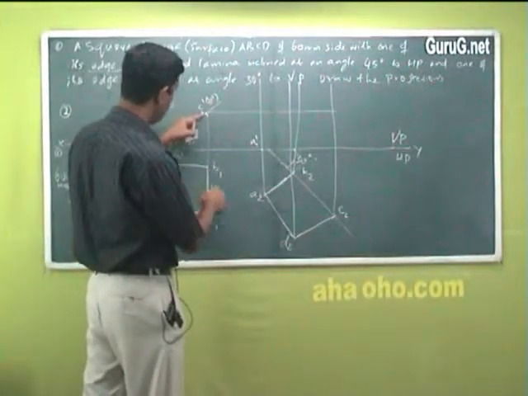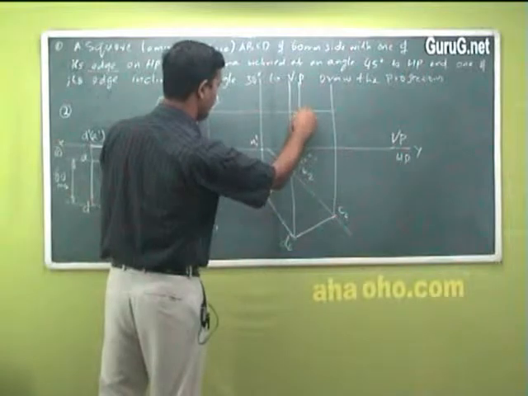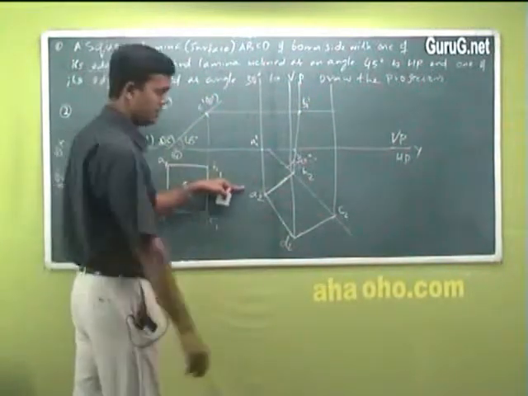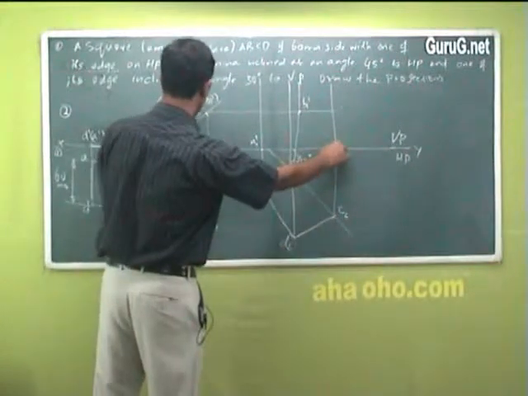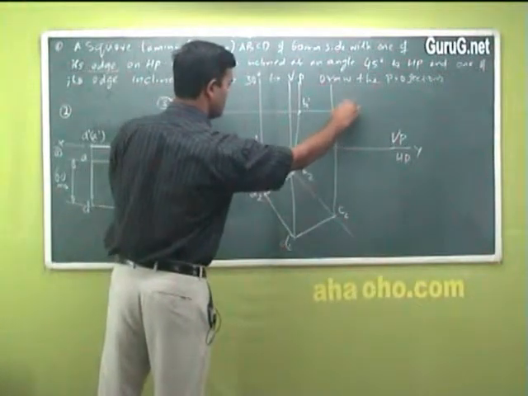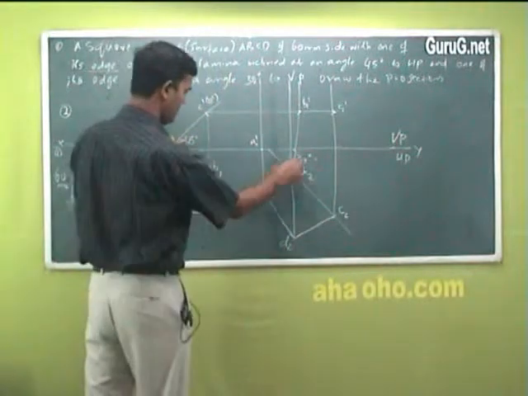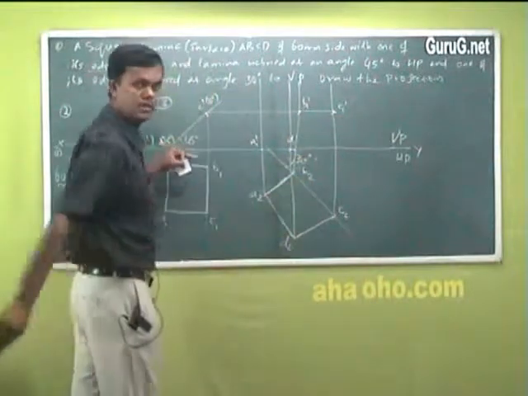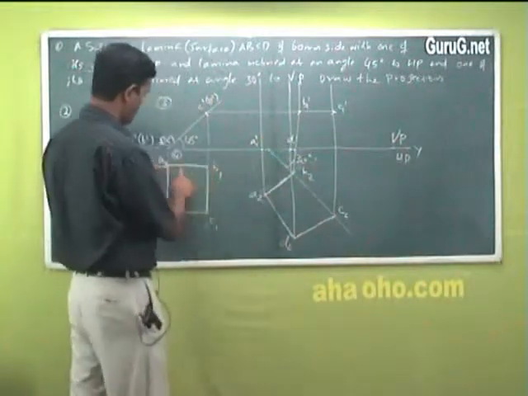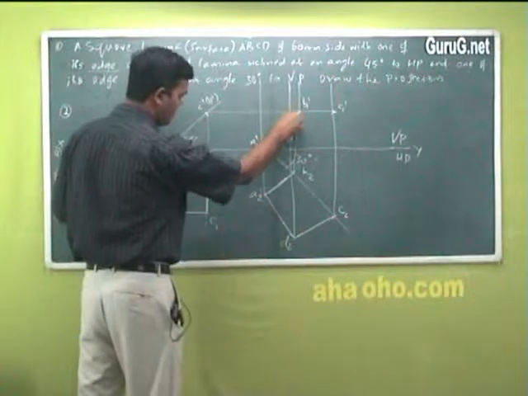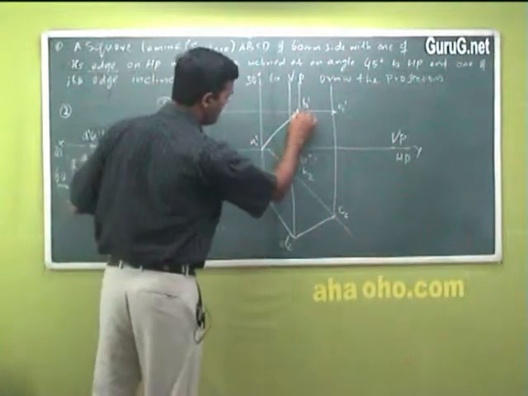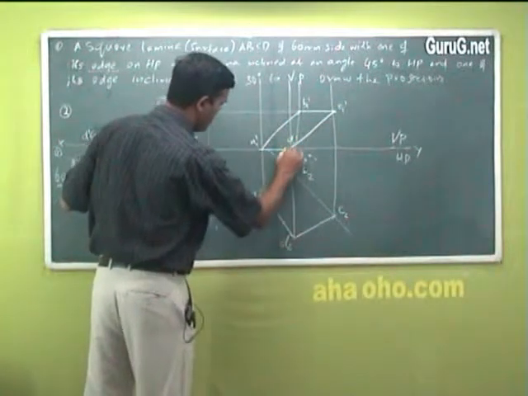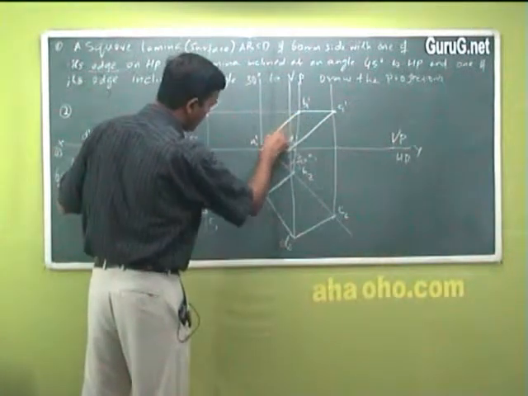And where is B? B is here. B line is here, we will go for B here. A1 dash. And where is C? C is here, and go for C here. A1 dash. And D here, D point is this, D. A1 dash. Now you simply join, you are joining A to B, write A to B. And B to C. C to D, D to A. This will be your sketch.